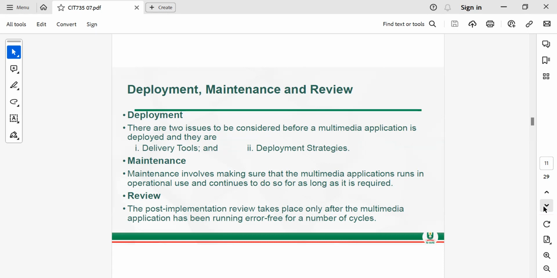Then deployment strategy. There are several strategies for deployment. Are you going to deliver it straight and they start using it straight? Or are you going to say, oh, you have a manual system in place, why not use it and be using this automated system side by side? And at the end of the day, you can now determine which is better and you move to it. So there are several deployment strategies you have to think about.